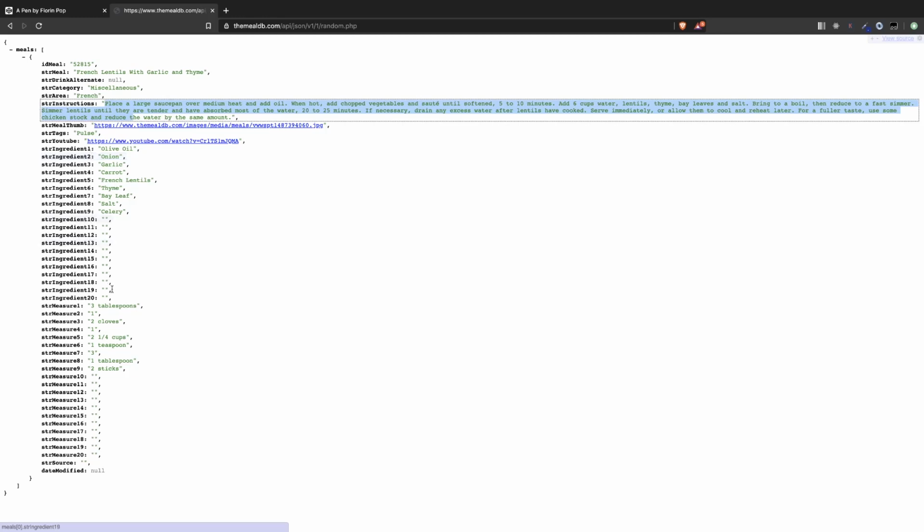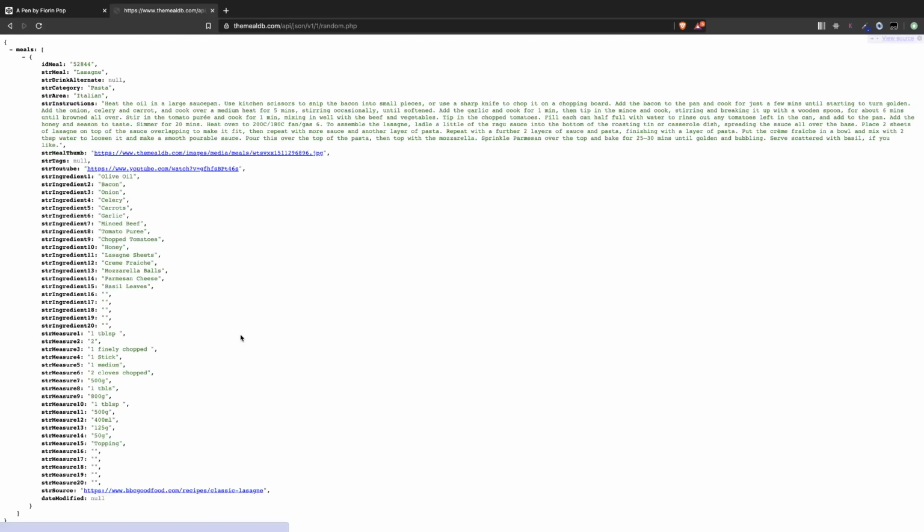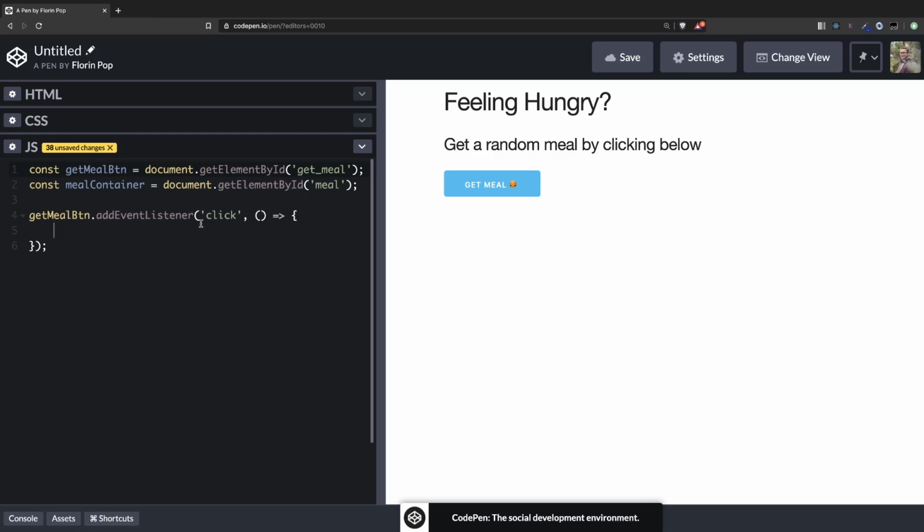So basically there are 20 ingredients, but the last ones are empty. The same for the measures. You can see we have here 9 ingredients, 9 measures. If we refresh to receive another meal, you're going to see 15 ingredients and 15 measures. This is something they did, so we have to keep this in mind when we're going to construct our HTML from the response. So let's call it